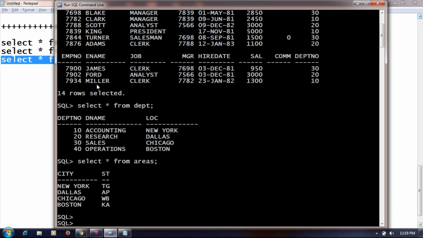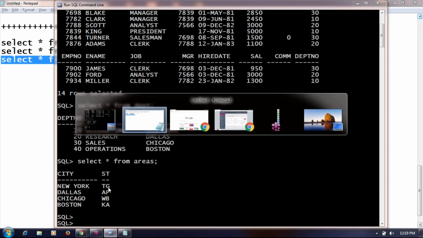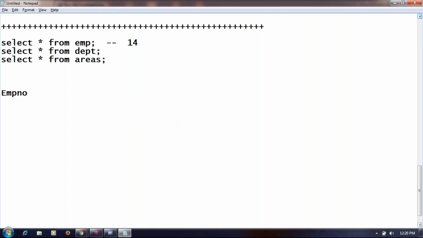TG. Now, how can you say that Miller is working in TG state? You are picking up the department number, comparing the department number in the department table. You are picking up New York, comparing New York in the areas table, and saying that Miller is working in TG.